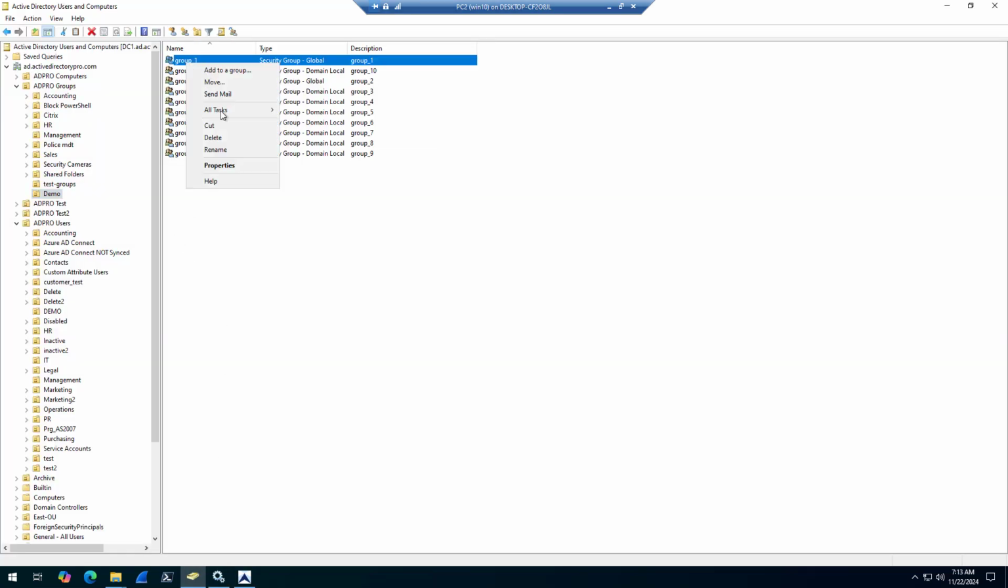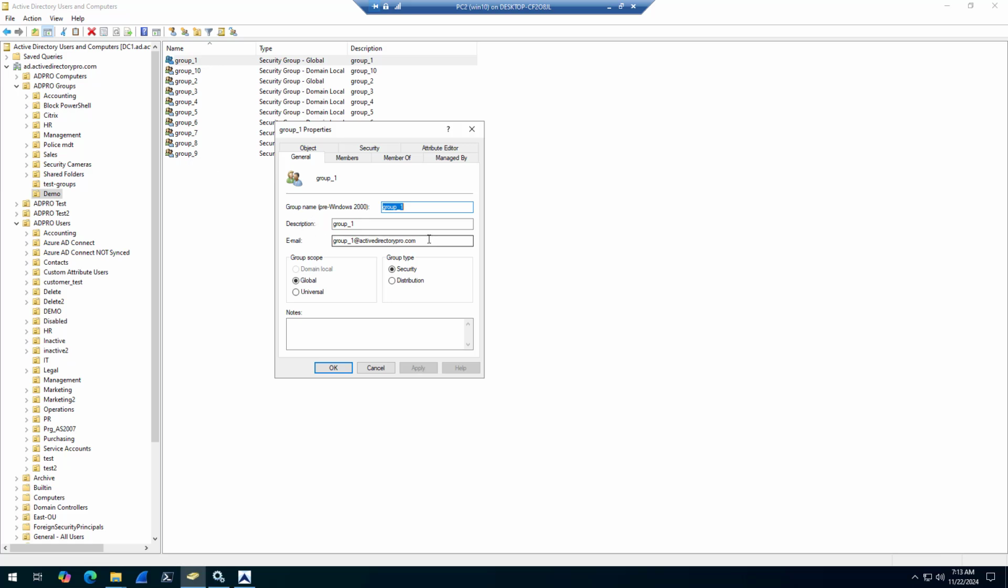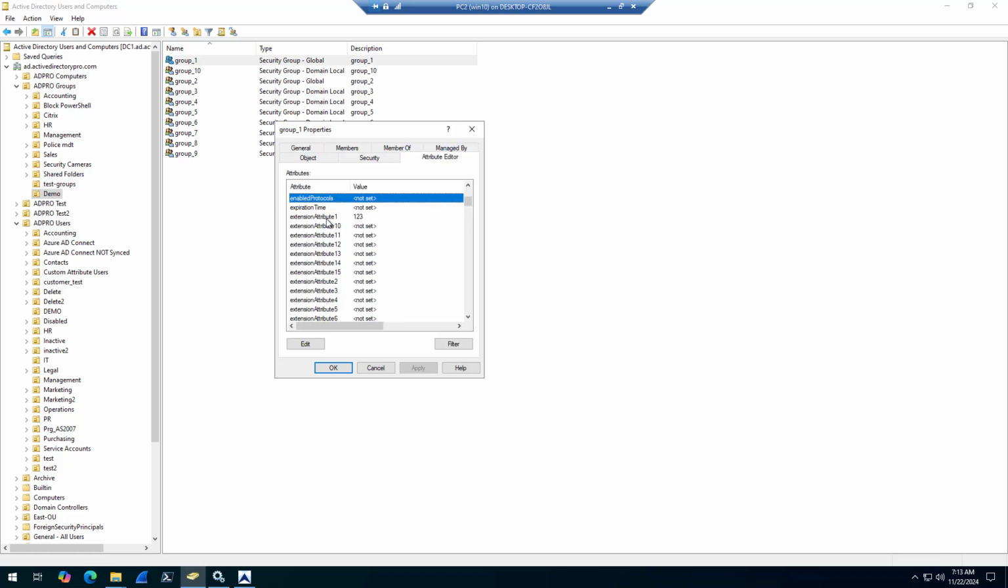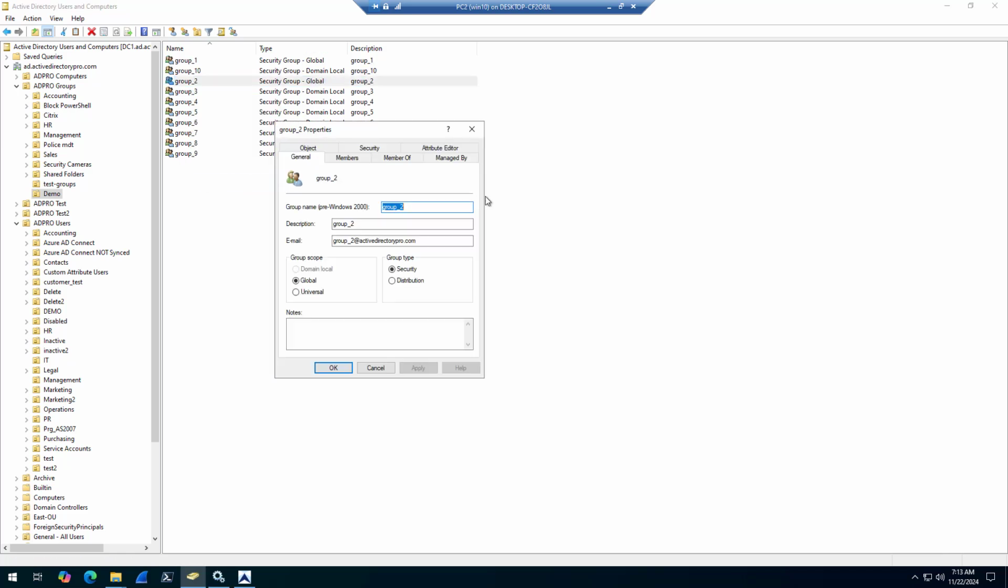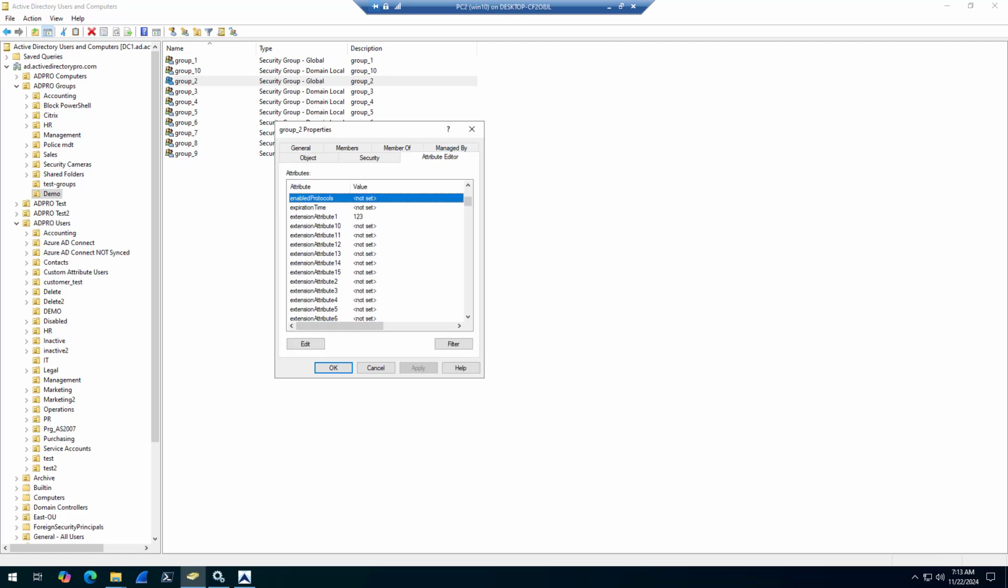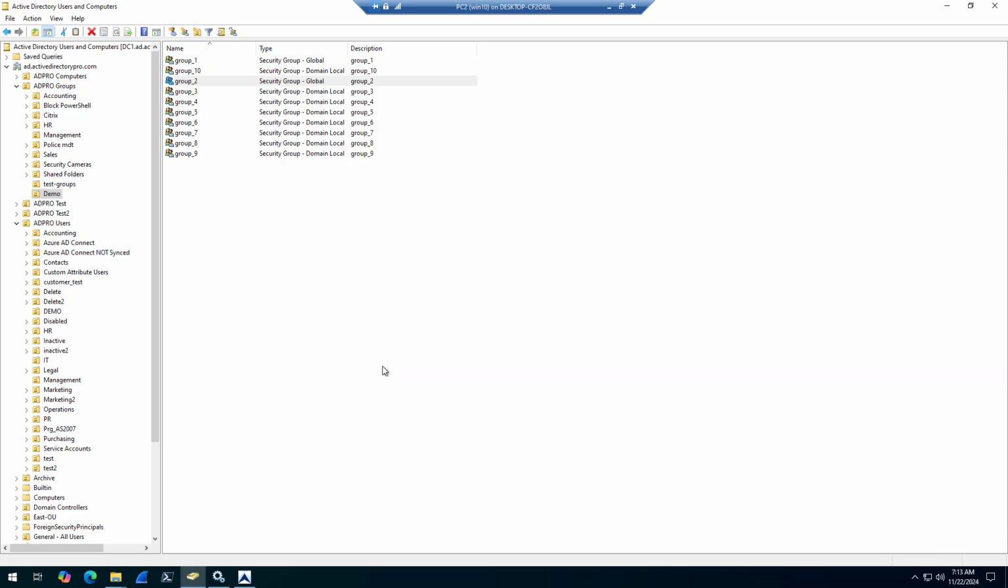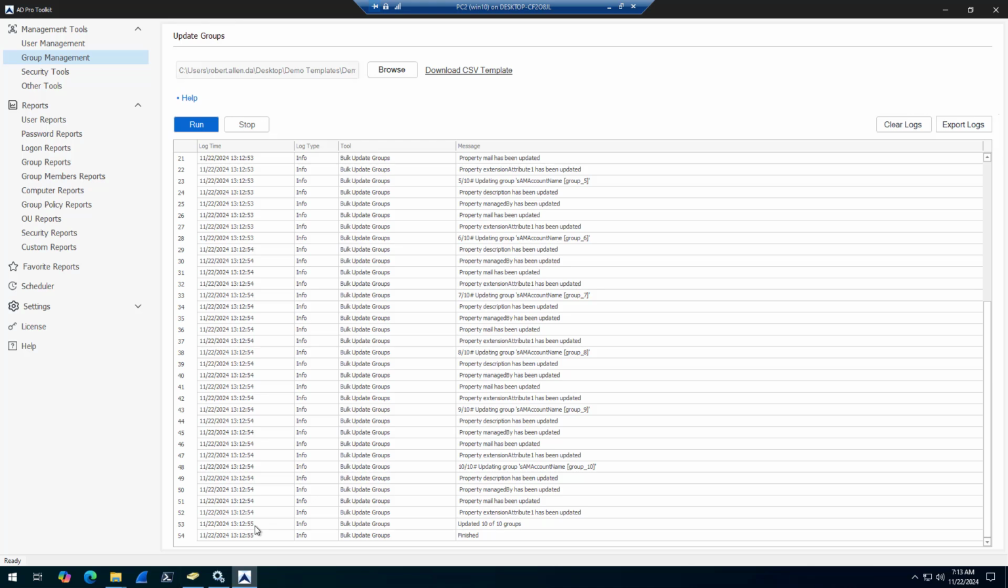So if I come in here, you see I've added an email address, added a description. If I come into attribute editor, go to extension attribute, you'll see I put 1, 2, 3 in there. And I'll just check another group. Attribute editor, extension attribute 1, 2, 3. So that's it. Very easy, if you need to make bulk modifications to groups, you can do that with